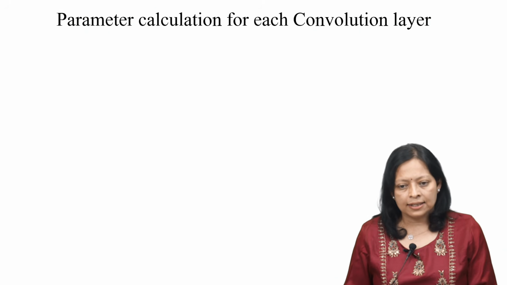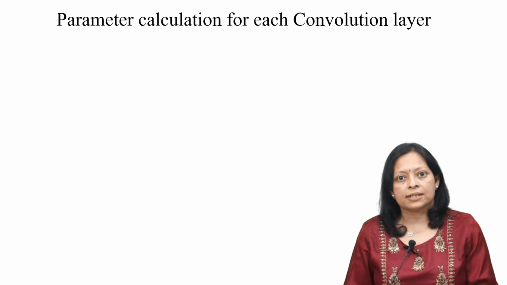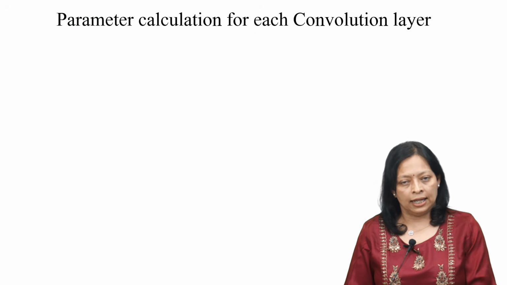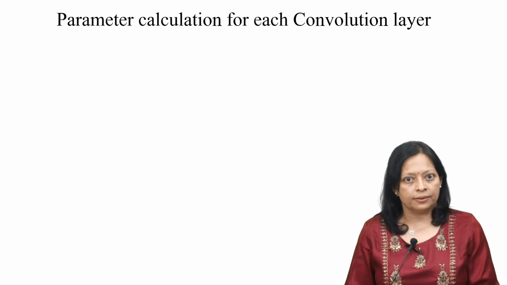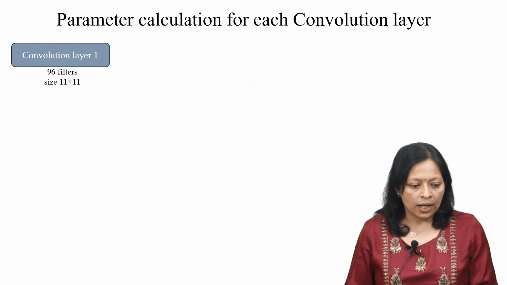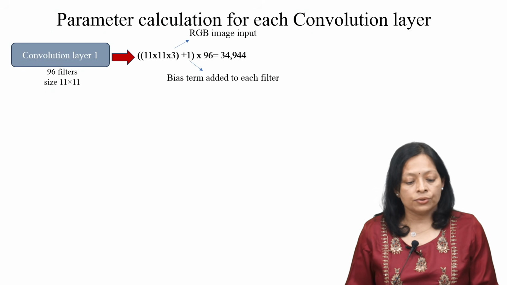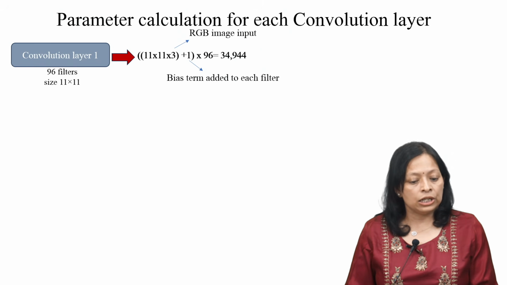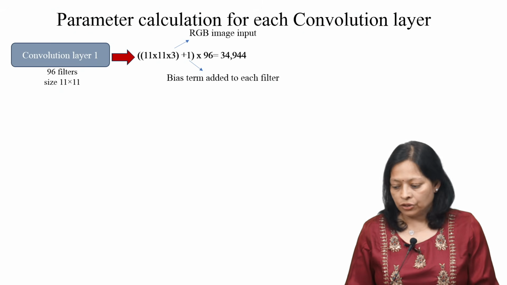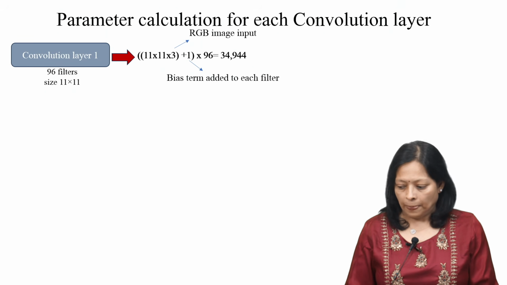Now, we have seen AlexNet has a lot of convolution layers. We will try to see how the number of parameters is calculated in each layer of AlexNet, because the number of parameters decides how much computational power is required. So, in convolution layer 1, we have 96 filters of size 11 cross 11, and the number of parameters is calculated like 11 cross 11 into 3. This 3 comes from the RGB image input, because it has 3 channels, and into 96, where 96 comes from the number of filters,